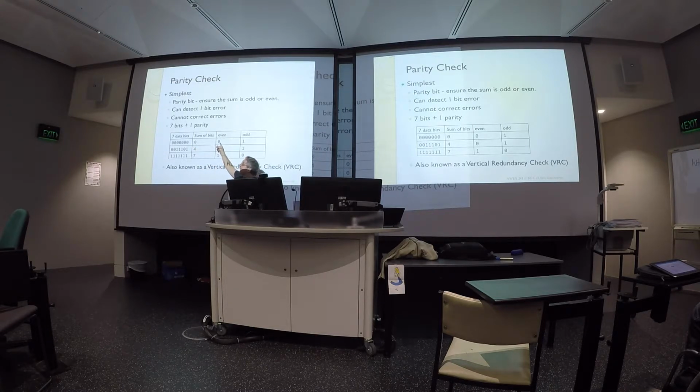So with even parity, 0 is an even number, so we don't add any bits because we don't need to add any bits to make it even. However, if we want odd parity, what we're saying is all the bits should add up to an odd number. Now, because it adds up to an even number, we have to add one. We have to have a bit set for our odd parity. So now the bits, because it's 7 plus 1, those 7 bits plus this one add up to an odd